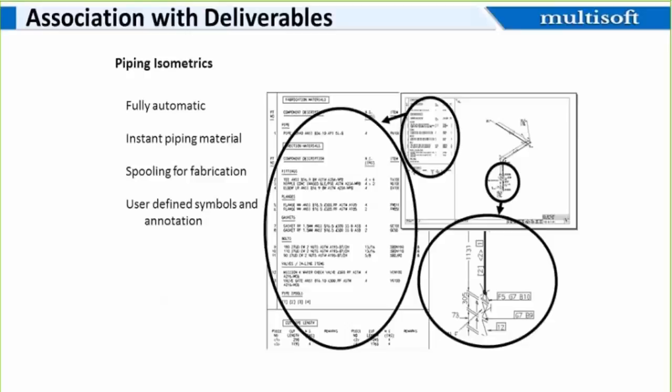Now again, once your pipe is modeled, one can extract the piping isometric from the model. Now this isometric is automatically extracted and will give all the required information about the pipe. Now all the information required on the isometric can be customized project to project by the administrator. All the backing sheets, the descriptions, the material columns, how the items will be represented, symbols of valves and fittings, everything can be customized.